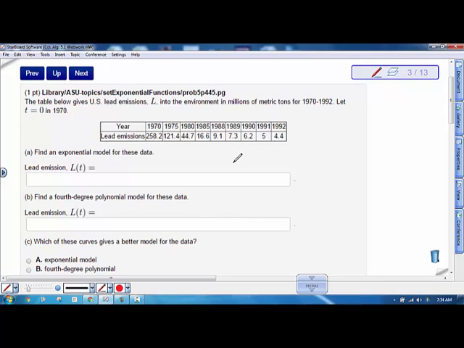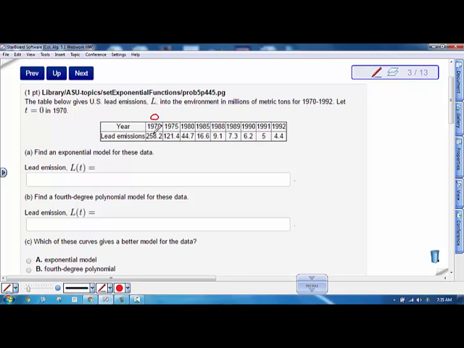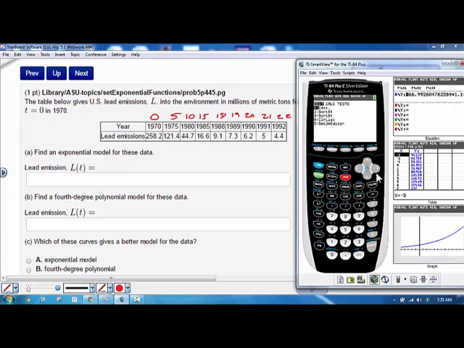This next one is one you're going to want to do in the calculator. It says the table below gives lead emissions in the environment in millions of metric tons from 1970 to 1992. It says t equals 0 be 1970, and so this would be 5, this would be 10, this would be 15, this would be 18, this would be 19, 20, 21, and 22, so be careful about that. We're going to enter this into our calculator under Stat, Edit. Make sure you clear your list first, and then enter in 0 through these numbers that are up here. Go in L1, and then enter in these numbers here